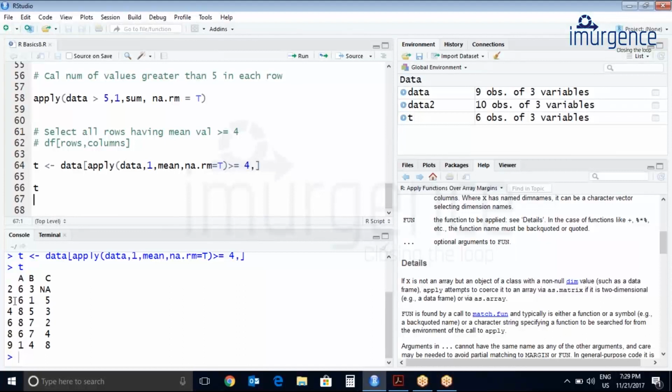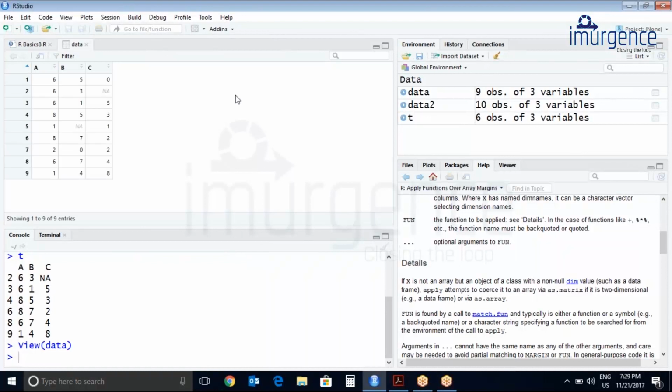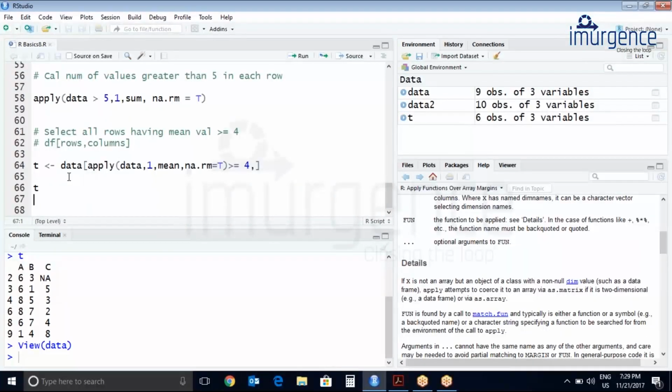So here it is giving me the rows whose mean is greater than equal to 4. Let's print. Okay, let's see the data now. So it is row number 2, 3, 4, then 6, 8 and 9. So all these are rows whose mean is greater than or equal to 4.